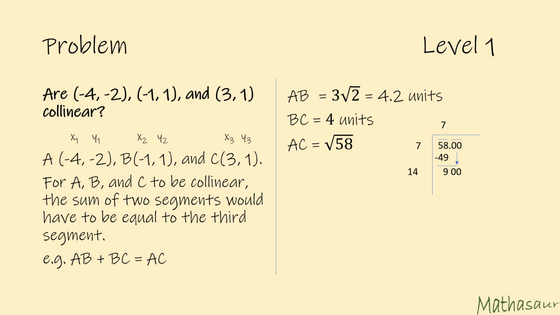Now look at the quotient, 7. Double it and write it as the divisor. So we get 14. Now what digit should I put after 14 and multiply it with to get a number less than 900? Let us try 6. So 146 times 6 gives me 876, a number less than 900. Upon subtraction, we get 24 as the remainder. Let us put another pair of zeros after the decimal and copy that after 24. So we get 2400.